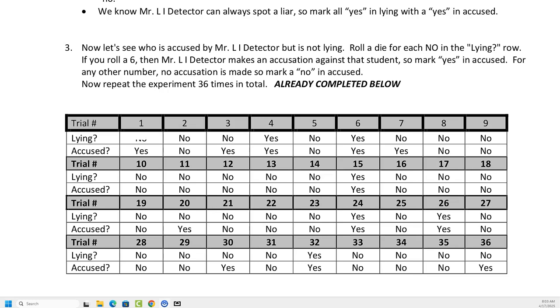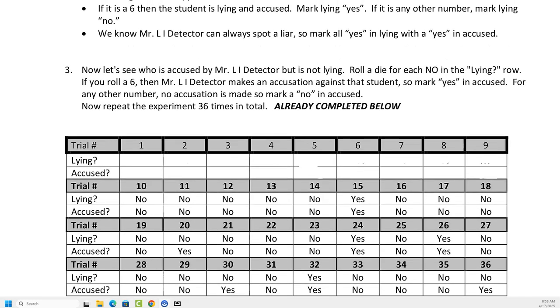Basically, this table here, it's supposed to be emptied out. Do you get the idea? Are you okay with that? So it's supposed to be empty, and we're going to roll a die, and we're going to try and figure out if they are